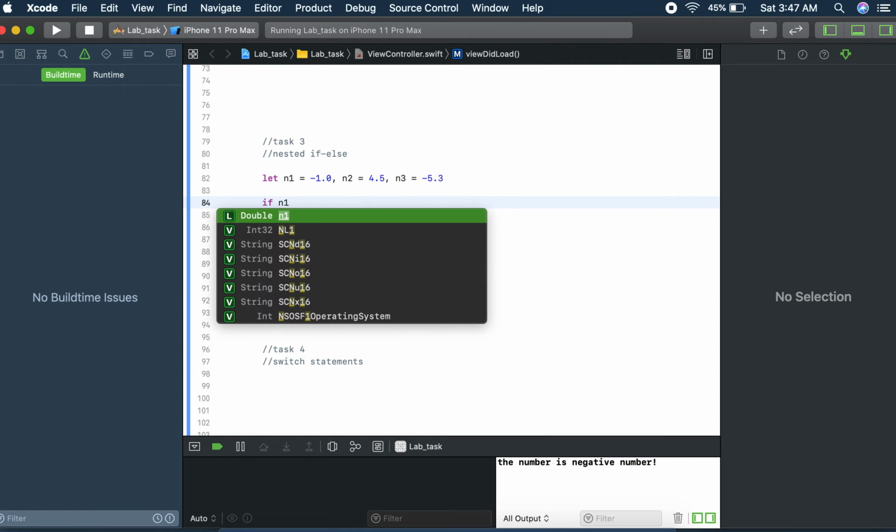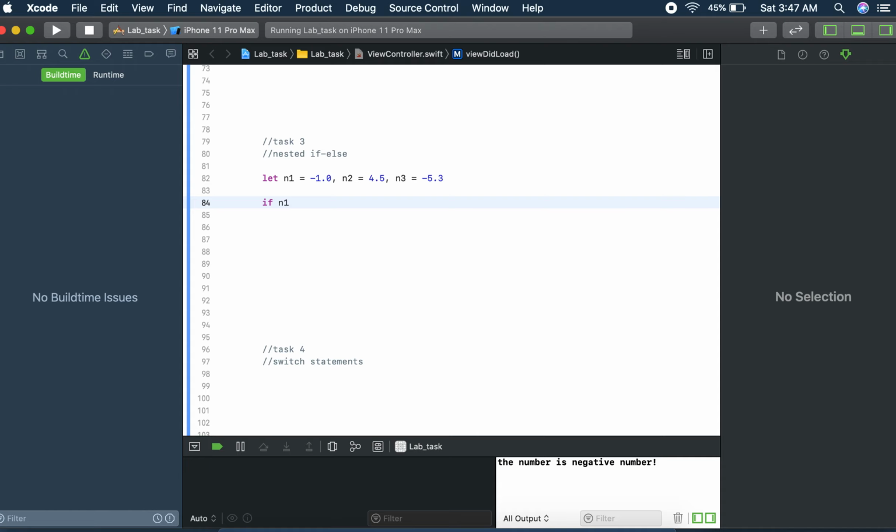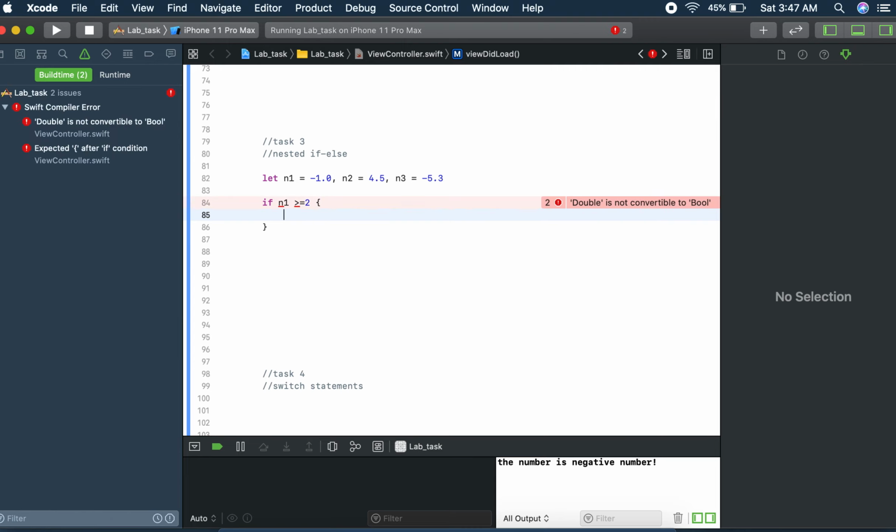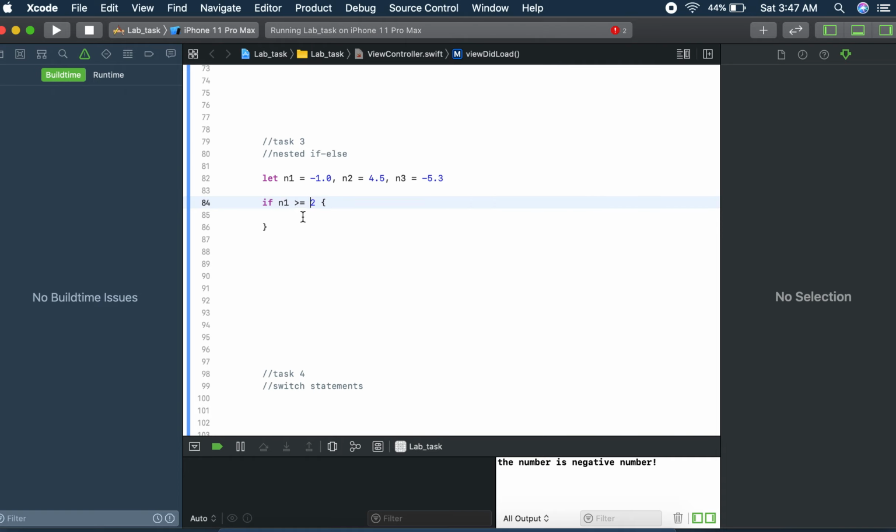If n1 is greater equals to n2, then this is our first condition. Now we will nest another if condition inside this first condition. So our next if condition, nested if condition, will be n1 greater equals to n3, and just put these brackets